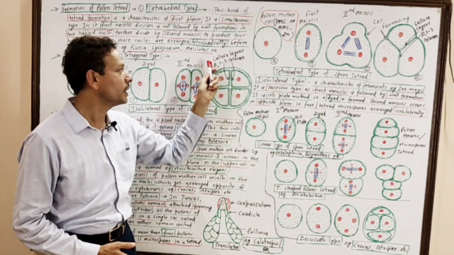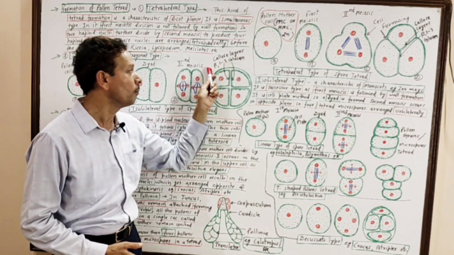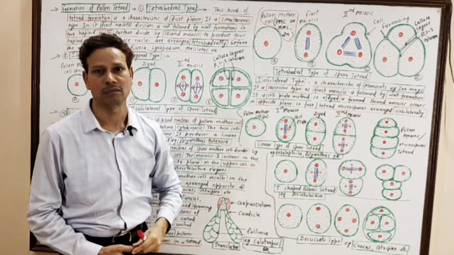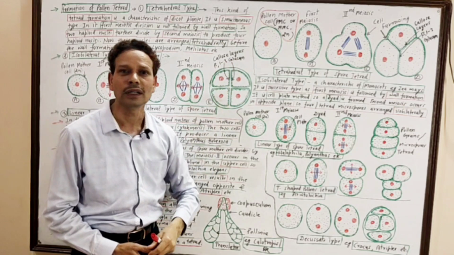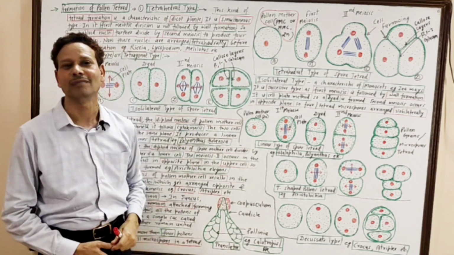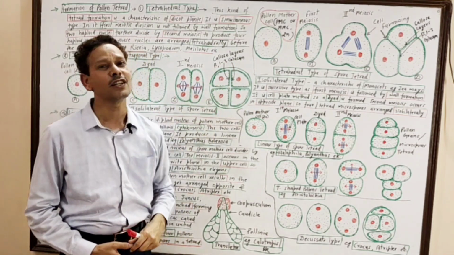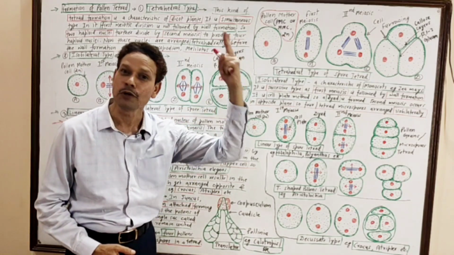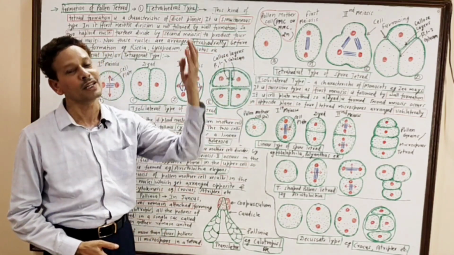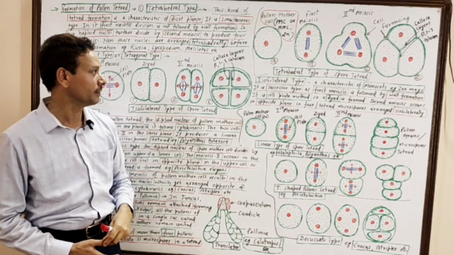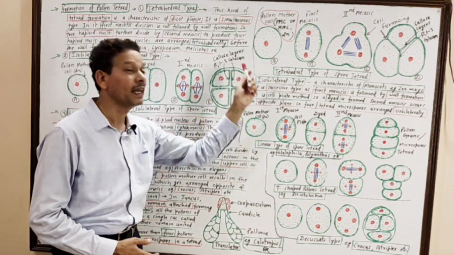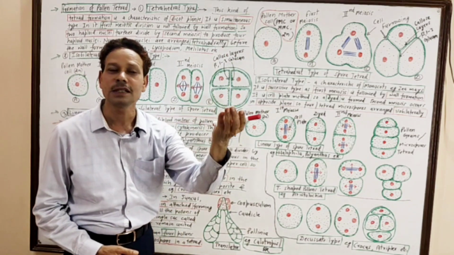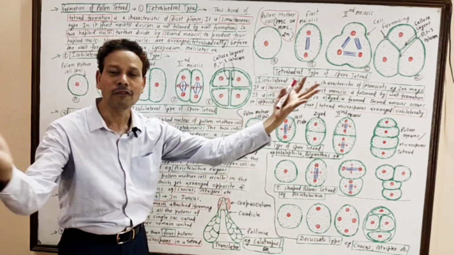Dear students, all these four pollens are separated by a callose layer, and these callose layers are made up of beta-1,3 glucan, that is a carbohydrate. This beta-1,3 glucan gets digested by an enzyme, that is Callase enzyme, and the Callase enzyme is produced by tapetum. I have discussed this in our last lecture. As a result, all these four isobilaterally arranged pollens, microspores, become free.